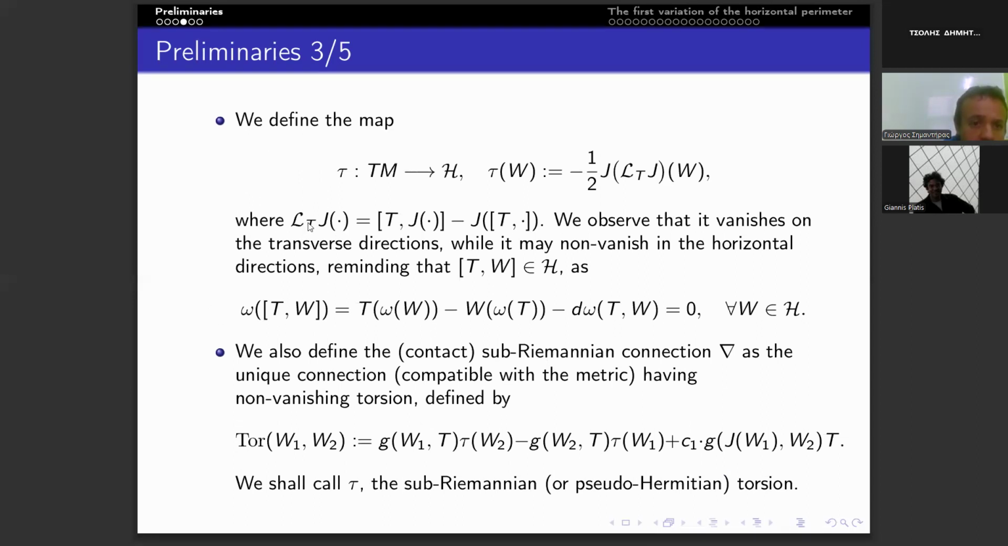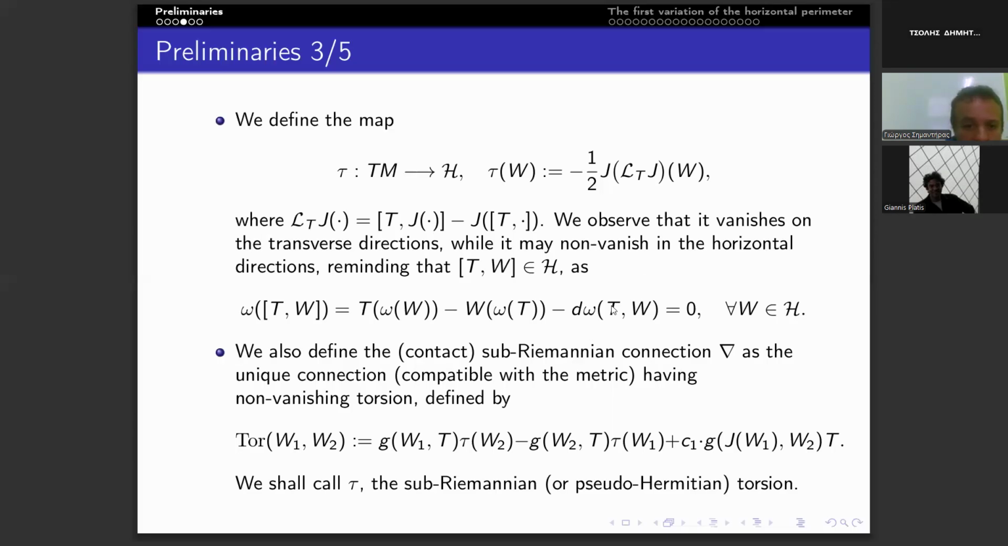So this quantity is the Lie derivative of J, and we observe that it vanishes on the transverse direction, while it may not vanish in the horizontal directions, because the Lie bracket of T and W is horizontal. Calculating omega of the Lie bracket of T and W via the known formula here, we have that omega(W) is 0. Then this term vanishes because omega(T) is 1, and by the properties of the Reeb vector field,